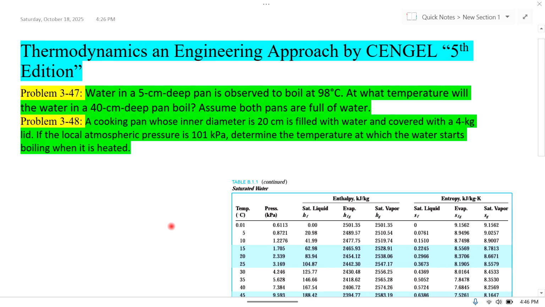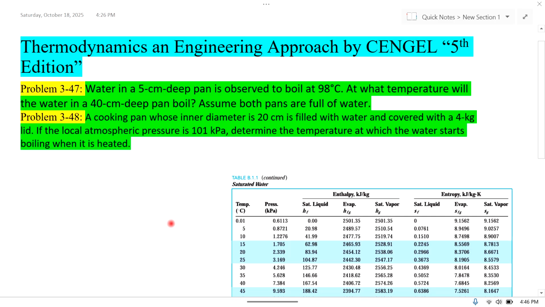Bismillahirrahmanirrahim. In this lecture, I am solving problems 3.47 and 3.48 from the book Thermodynamics: An Engineering Approach by Cengel, 5th edition. So first I solve problem